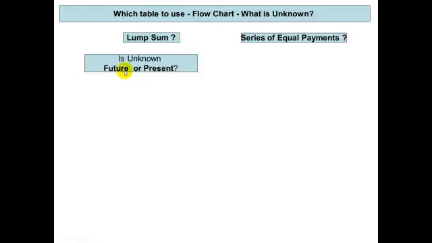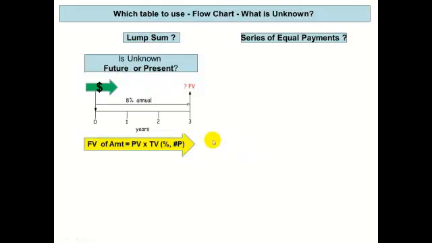So if the lump sum that you don't know is in the future, here's our situation: you're right here in the present, you put in the money in this case, and you're going to get 8% interest for 3 periods. The question is, how much is that future value amount? Well, that is a future amount, and it's a lump sum,